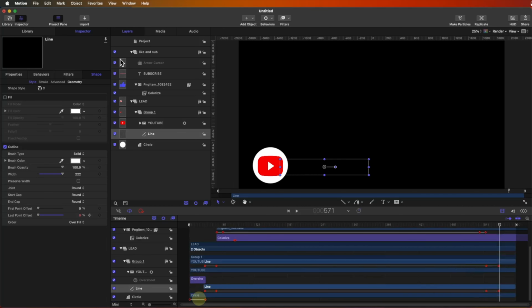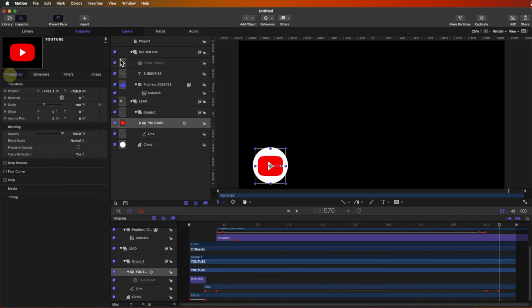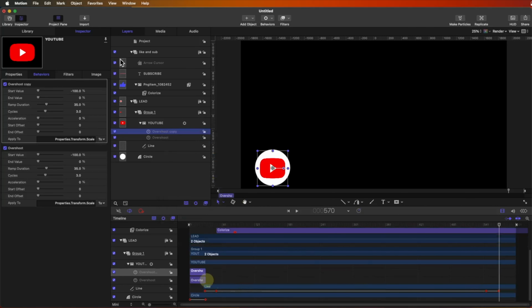The last one is going to be the circle and the YouTube logo. YouTube and circle are coming at the same time, I reckon. Yep, that's correct, both of them are going to be at the same time. We're going to go for the YouTube, and you can use an overshoot as well. We're going to duplicate the overshoot, put it onto the end, and reverse the overshoot again, because if you play this one again,